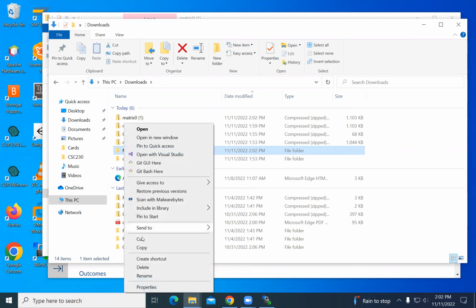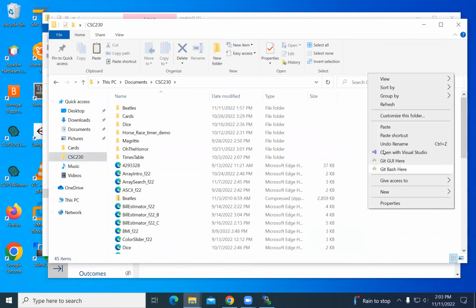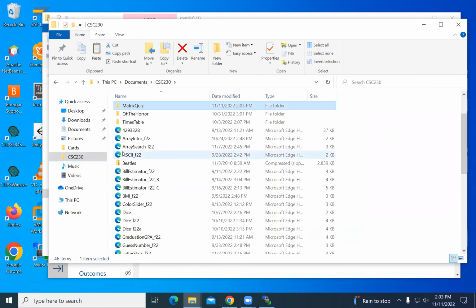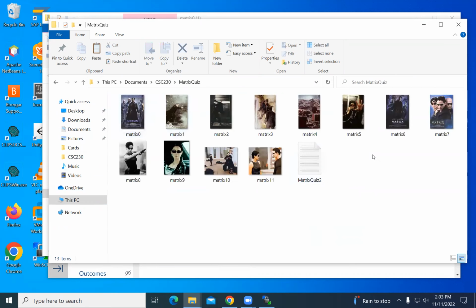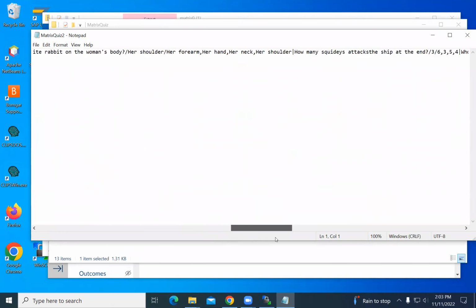And then I'm going to copy that and put it in my 230 folder. Okay, and that has a text file in this version that we've been playing with so far, which has